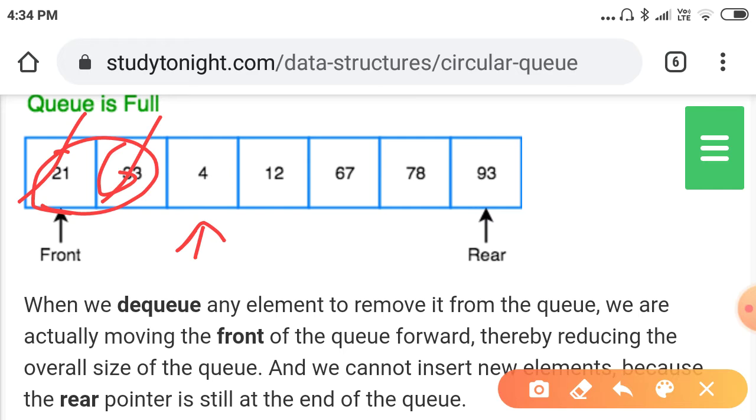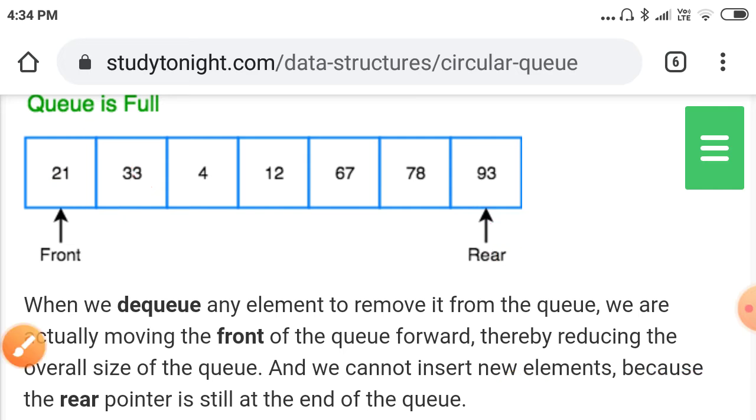The space is there, but the array has reached the maximum, so we cannot insert an element into the queue. This can be avoided by using the circular queue.